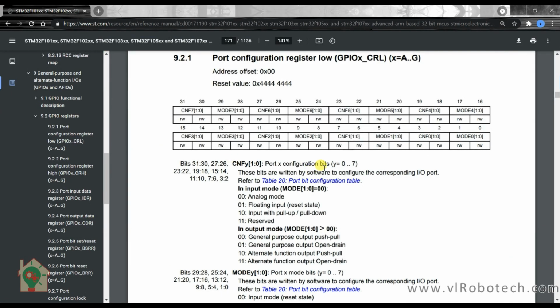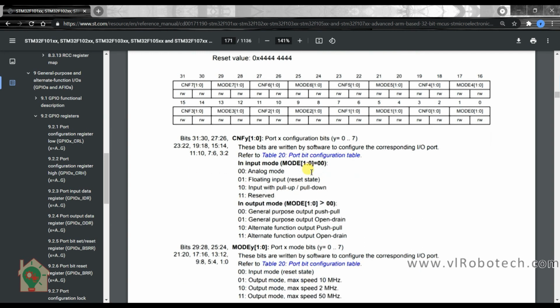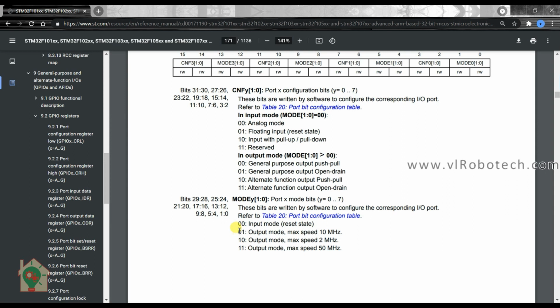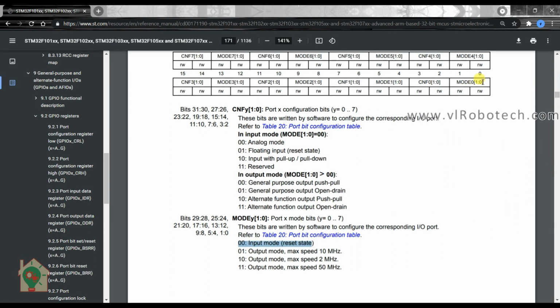So now for the input, mode 0 will be 00, because for input mode it will be 00. So this bit position will be 0 and this position will be 0. And for the CNF bits, it will be floating input.